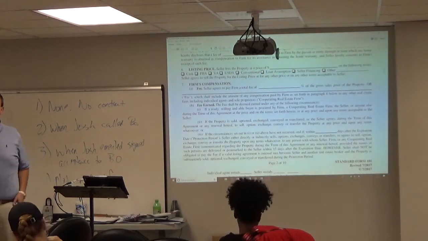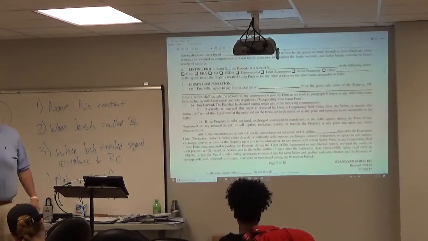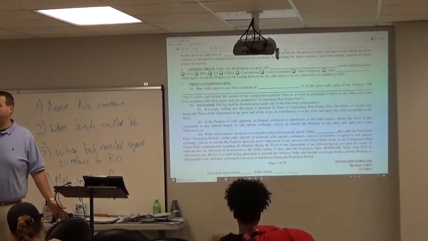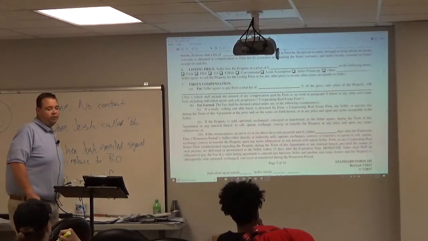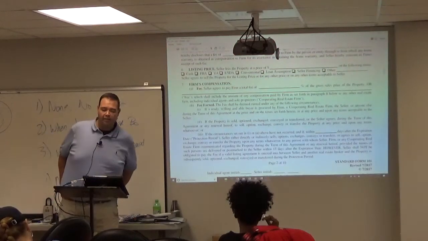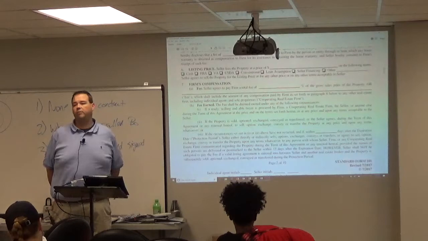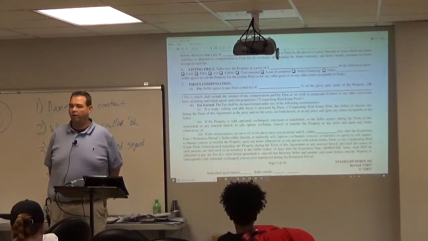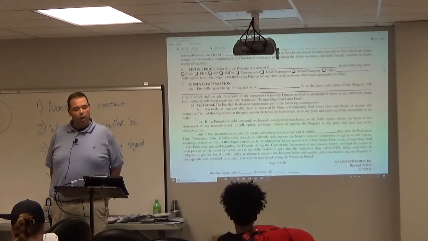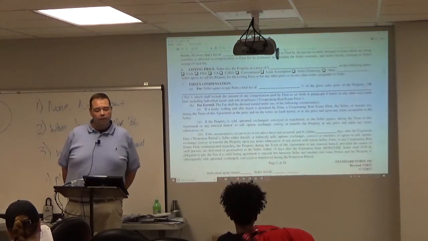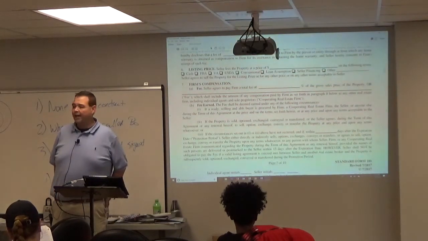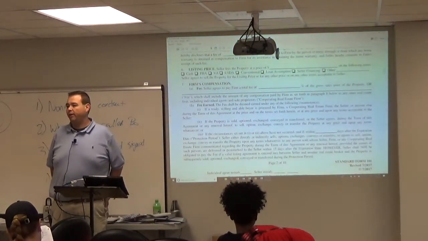Now, this is the section where it would outline how much we're charging, right? How much did I say we were charging? 6%. So it's going to say 6% right there on the compensation line. Pay a total fee of 6% of the gross sales price, or 5%, or 7%, whatever we negotiated with Marlowe. But in this case, it was 6%. But look down at Roman numeral 3. It's the last paragraph on the page.